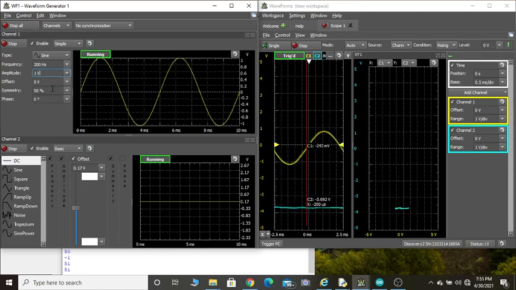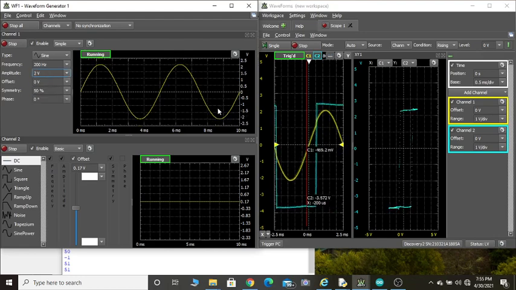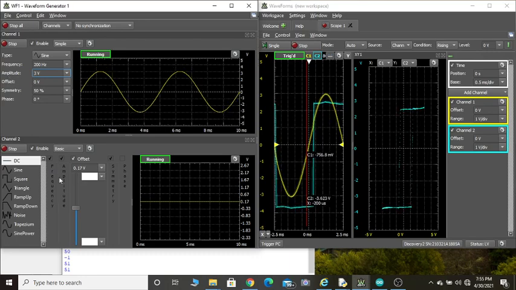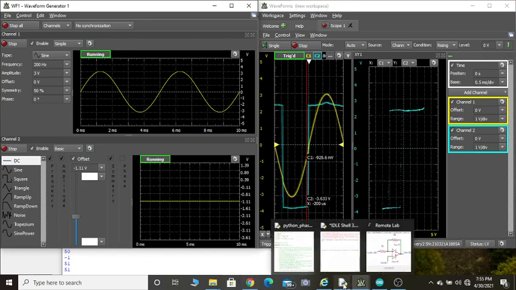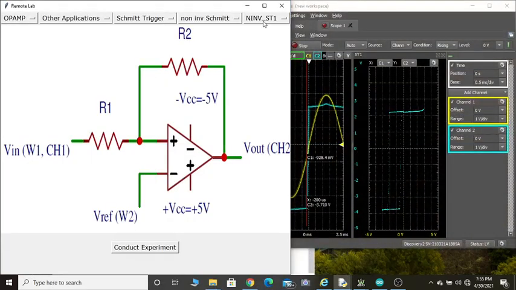Suppose you make it 1 volt, it may not cross the threshold voltage, which again depends on the values of R1, R2 and the V reference. So by that we can apply the appropriate amplitude of the sine wave. Okay, 2 volt is also sufficient. You can apply 3 volt also, it is fine. Now you can change the reference voltage. You can see the hysteresis keeps on moving from right to left. Both can be negative, both can be positive, and I can choose a different combination of resistors.